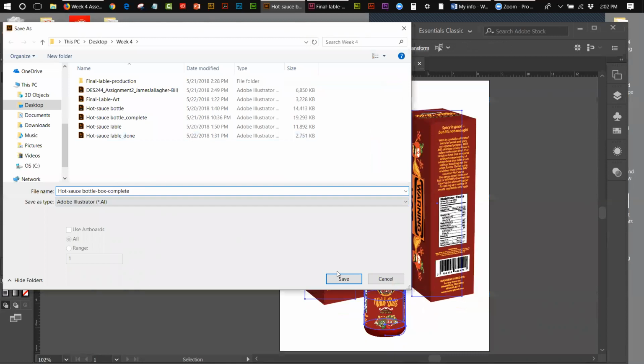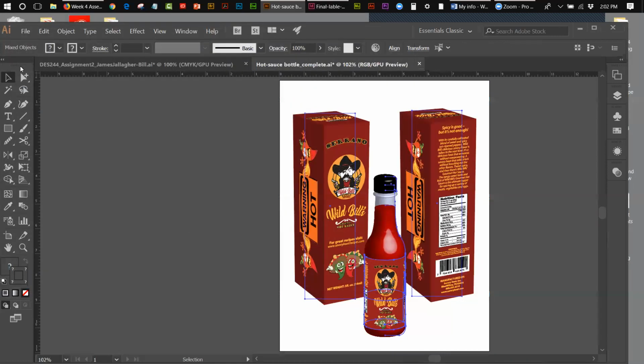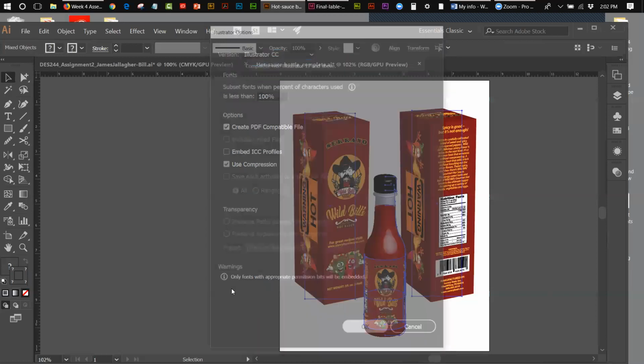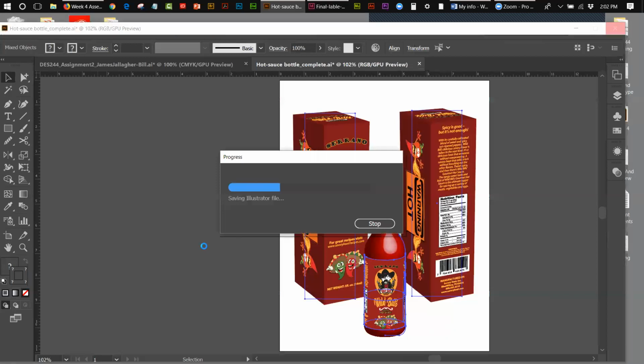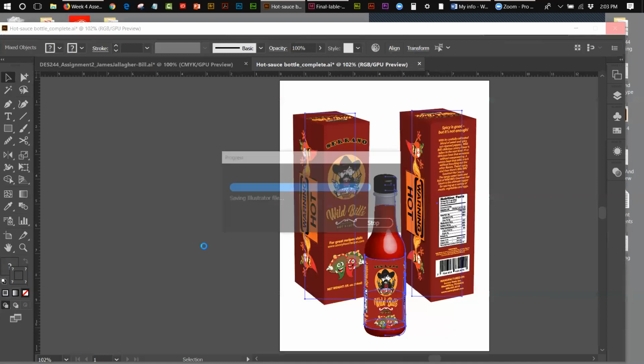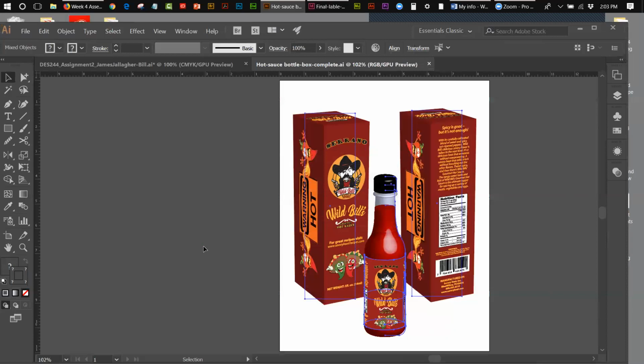And I'm going to hit Save. Okay. So now what I have basically is, hit OK. This is a really beautiful, look at this. This is a beautiful presentation of your bottle, label applied to a bottle, and your boxes applied, the graphics applied to your boxes. This is a really nice presentation that, you know, again, you're probably going to want to put